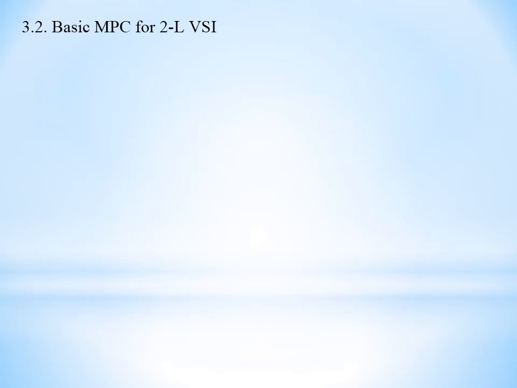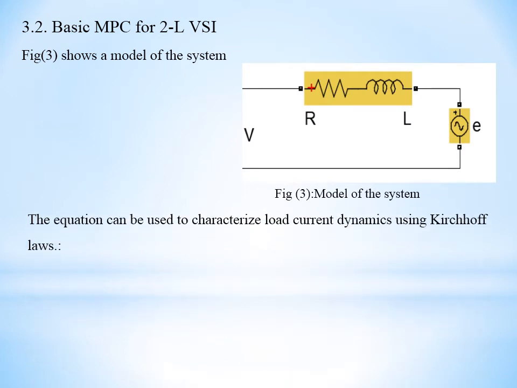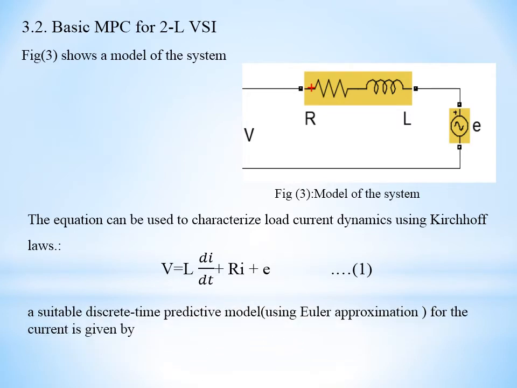Basic MPC for two-level voltage source inverter. Figure 3 shows a model of the system. The model of the system consists of load inductance, load resistance, and back EMF. The equation can be used to characterize load current dynamics using Kirchhoff's law as below: v = L di/dt + Ri + back EMF. A suitable discrete-time predicted model using Euler approximation for current is given by